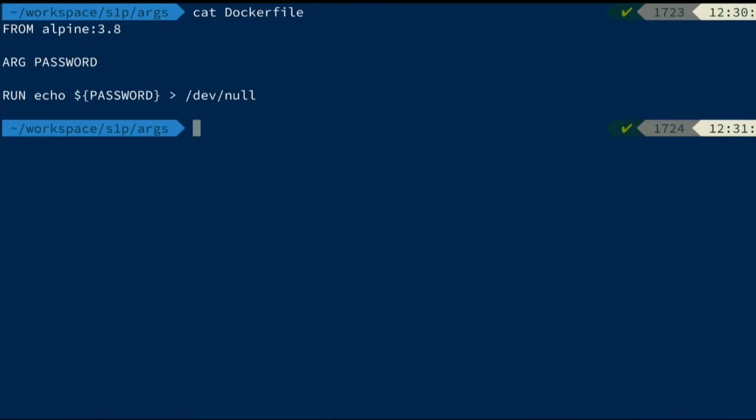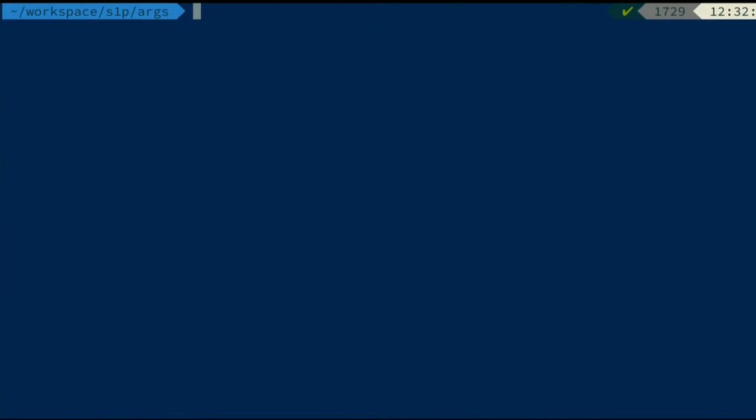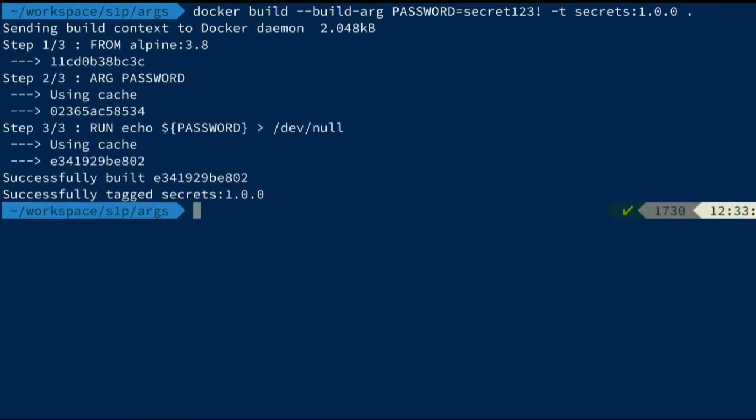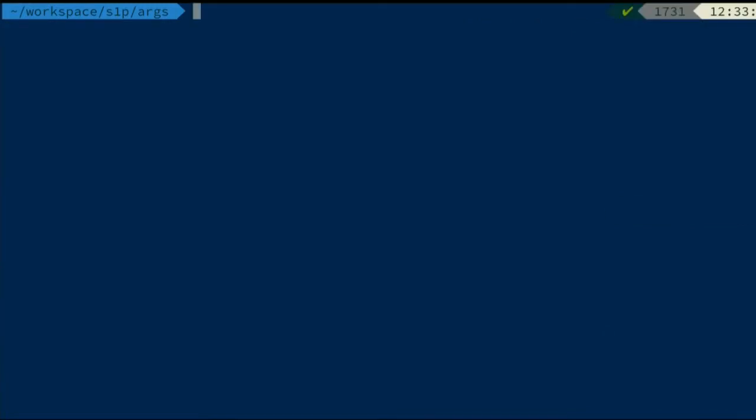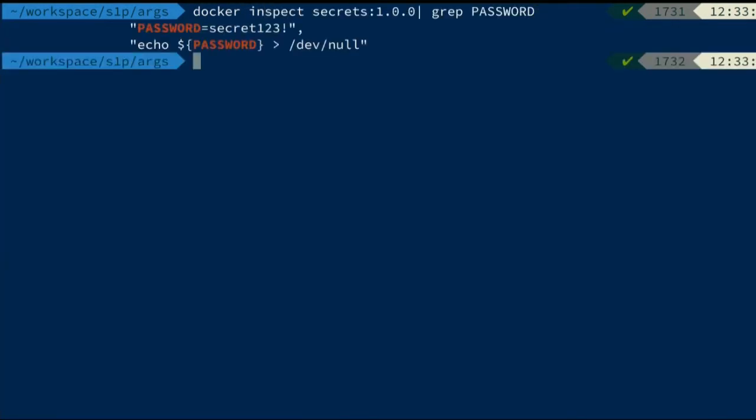So if we go and build an image from this, we'll pass it a parameter for build arg, password equals secret123, and we'll build that. At this point, we should be able to then do an inspect on it. Inspect is a command in Docker that's going to let you see all those metadata layers in there. And if we grep for password, we can see that password equals secret123 is just right there in the Docker